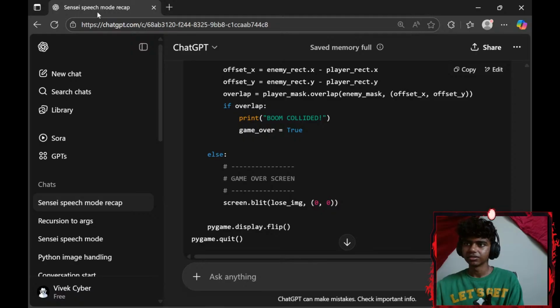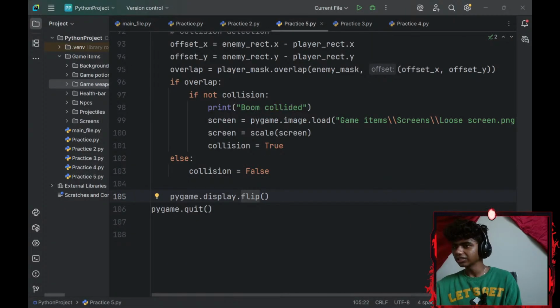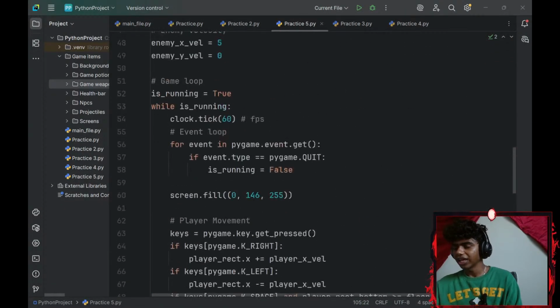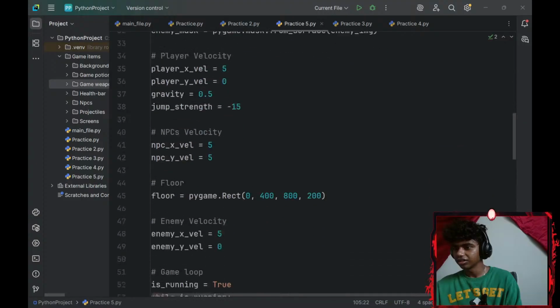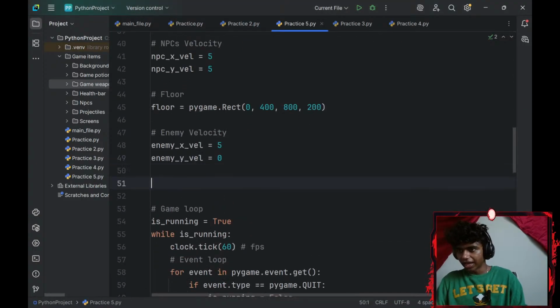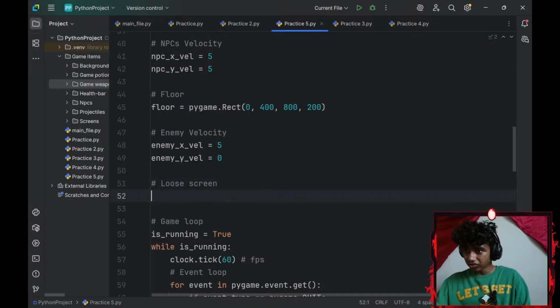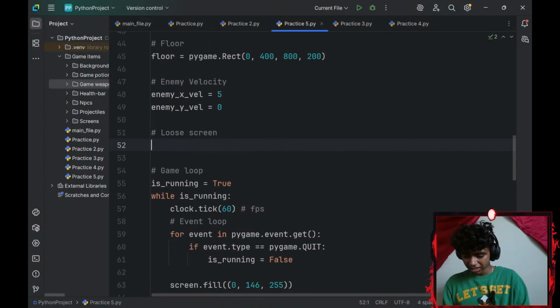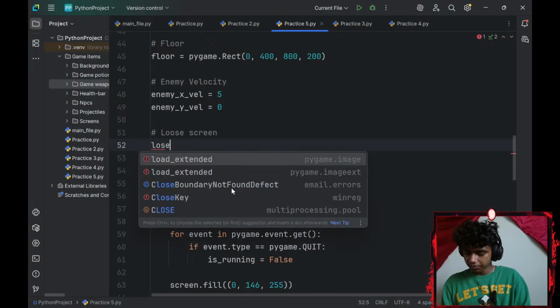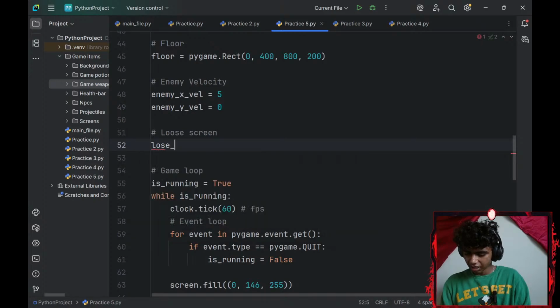I see. That makes so much sense now. Okay, let's see. So before my game loop, I add spaces and I go with losing screen. I'll go with a variable called lose_screen_image. I'll set that equal to